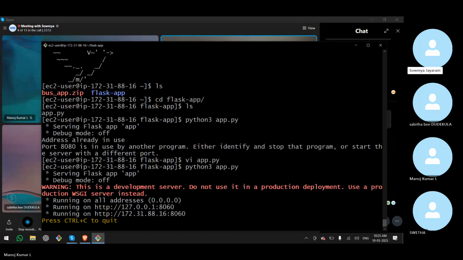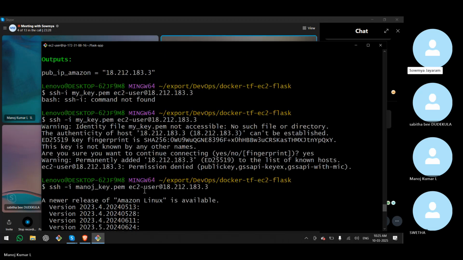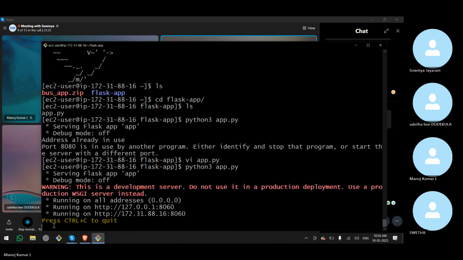Now you just copy your public IP address. Scroll up a little bit. Okay, so that is your public IP, 18.212. Just copy that. No, don't paste here. Go